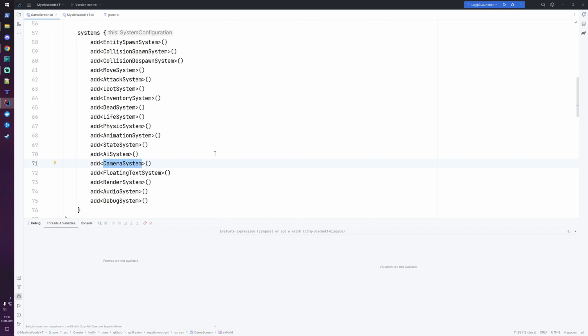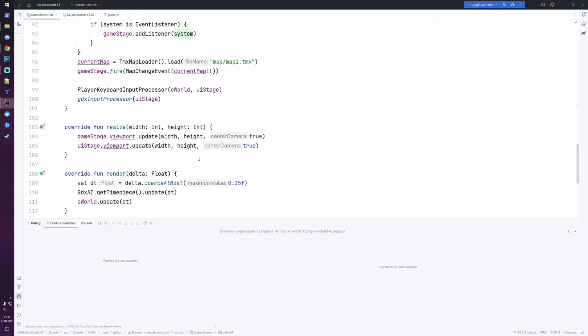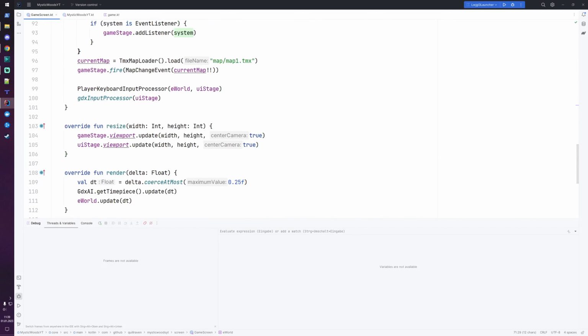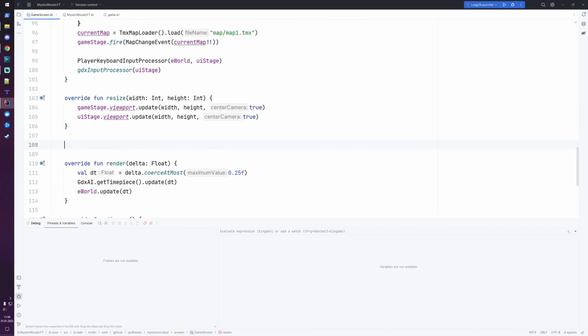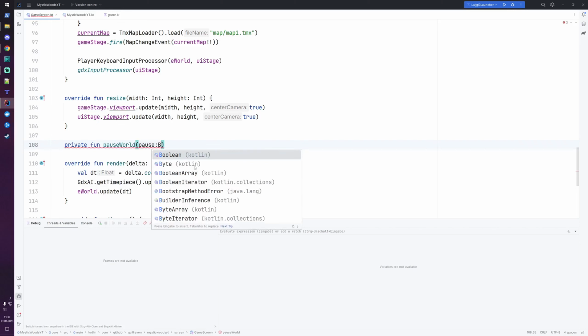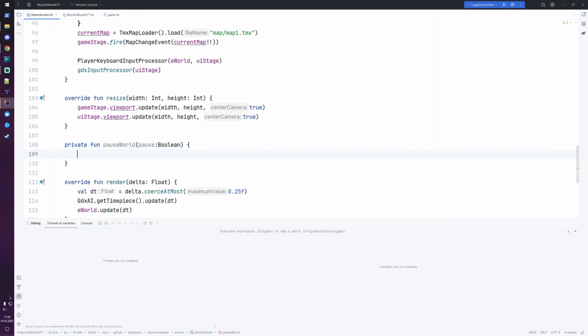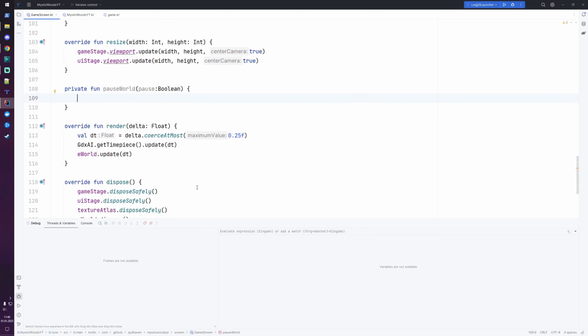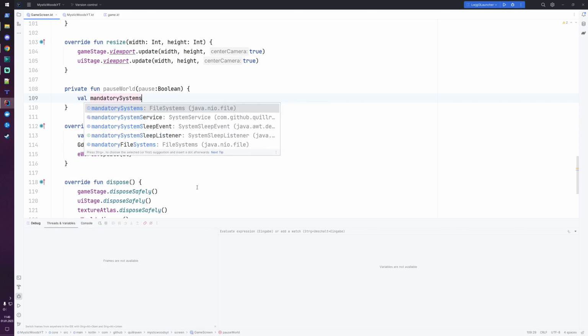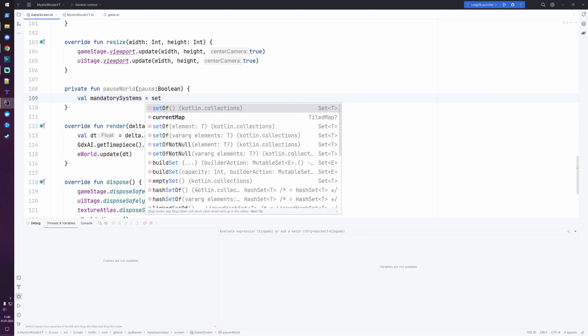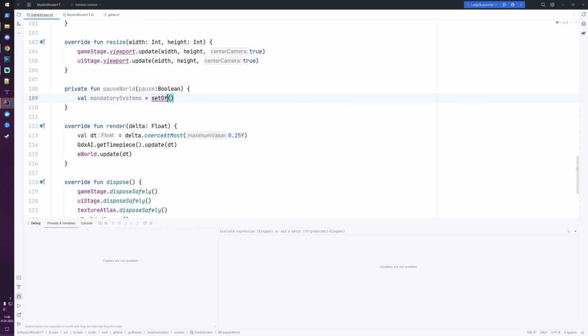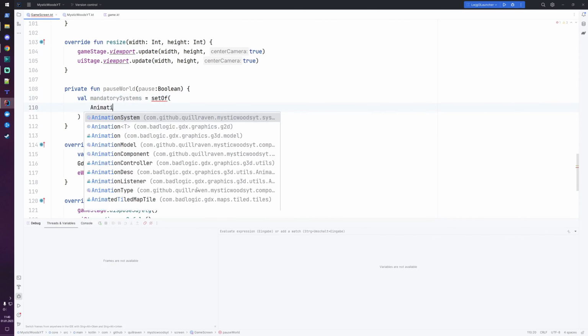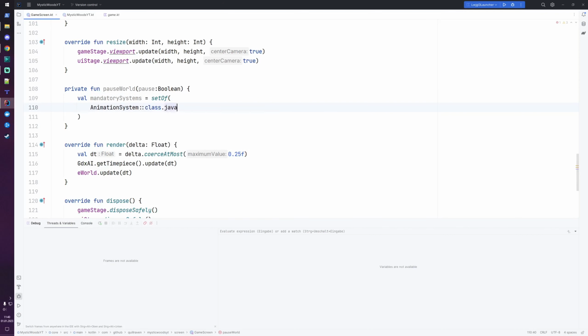And let's implement that quickly. So what we want to achieve basically. Let me put that here above the render method. We want to have something like a function which pauses our world. And there we pass in if we want to pause the world or not. And then we have some mandatory systems, as I mentioned. These are the systems that we still want to have active no matter what, and those would be, for example, the animation system,